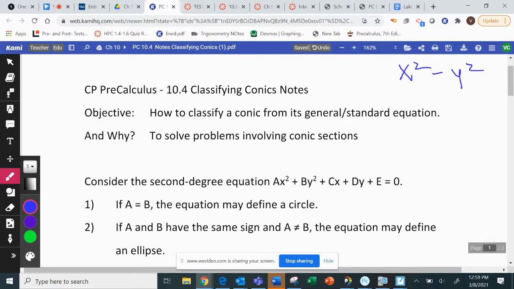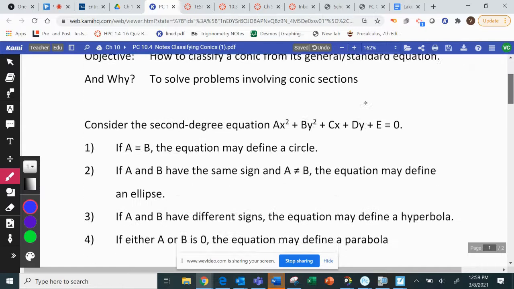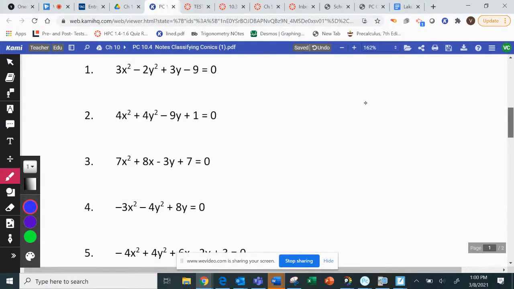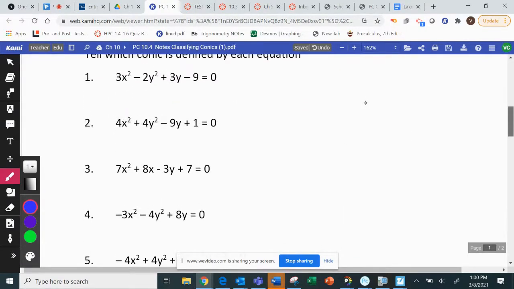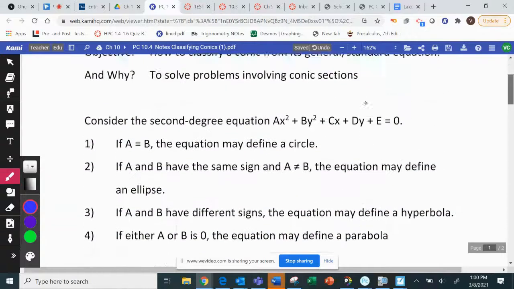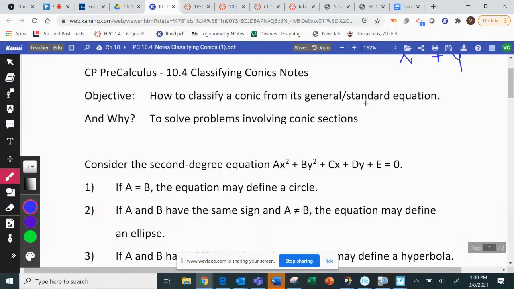If I have plus, how would I be able to tell if it's a circle or an ellipse? Gracie? Ellipse is equal to 1. So if you look ahead, they're not going to be in that format. So if it's in that format, sure. But what if it's not in that format? What could I use about,